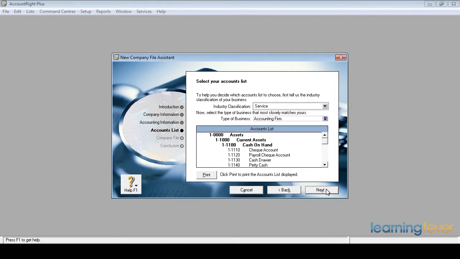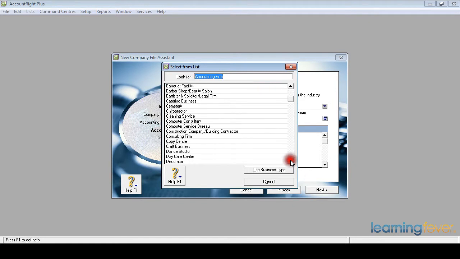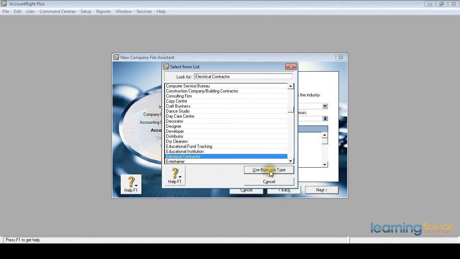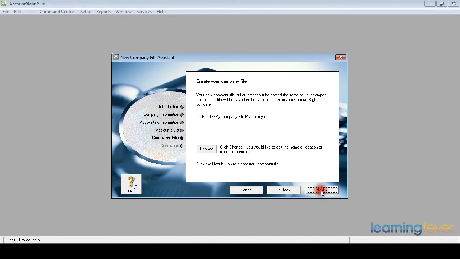So click Next, and I'll then decide what sort I'm going to pick. The industry classifications I have are service, retail, agricultural, manufacturing, other, or all. And within each of those groups there are a number of business types. Select the business type that is closest to you. So for example, if I'm in service and I click the bottom button, it will give me a full list of the account types that I might expect to find in there. And I've decided that for example purposes, I'm going to be an electrical contractor. If I select that one and use that business type, I can then go and review all the accounts that are in there. If I've decided that fits my purposes, I'll then go Next,